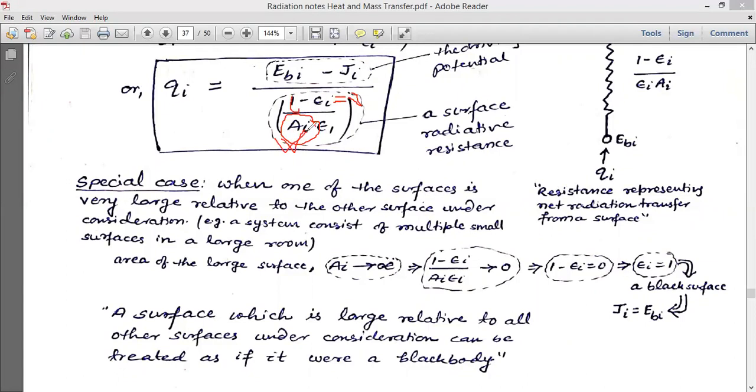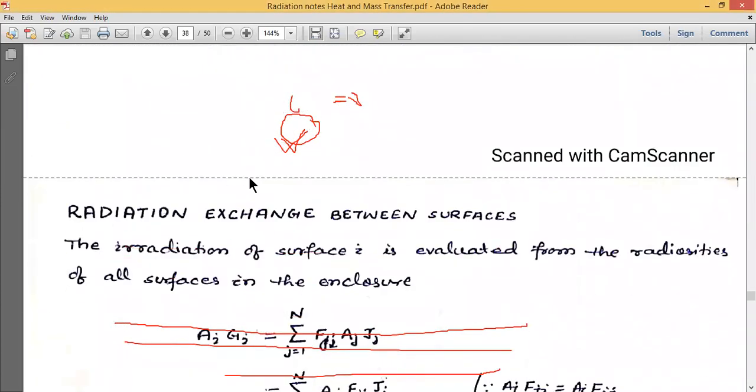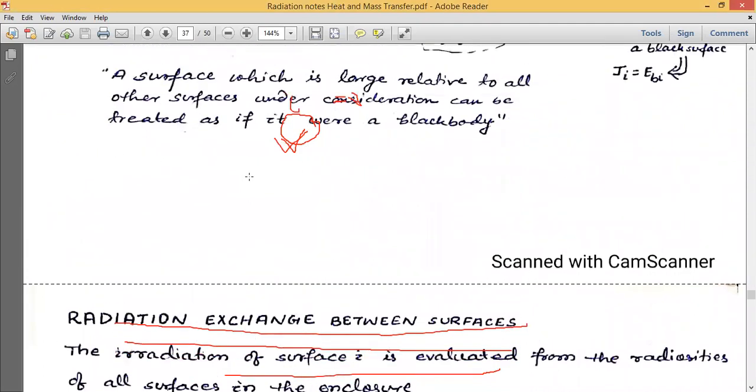इन दैट केस जो भी Ji होगा, रेडियोसिटी होगा, वो ब्लैक बॉडी इमिशन के बराबर होगा। That means we can make a statement that a surface which is large relative to all other surfaces under consideration, under consideration means what? We have considered a cavity which consists of many surfaces, can be treated as if it were a black body. मतलब large surfaces हुआ तो इसको black body की तरह हम लोग treat कर सकते हैं।